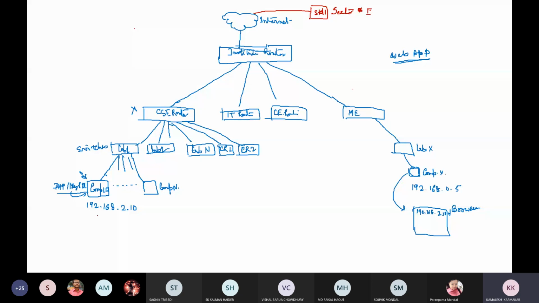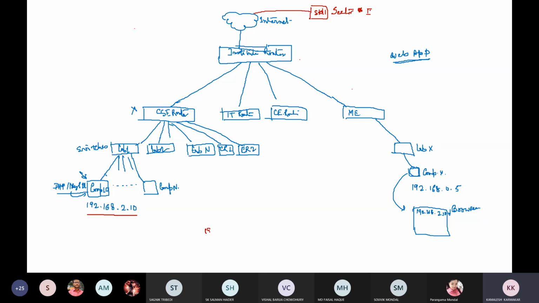If we are running one application in one server like this one, we are considering that in this server this application is running. First of all, this machine is accessible within this network if they belong to the same subnetwork.